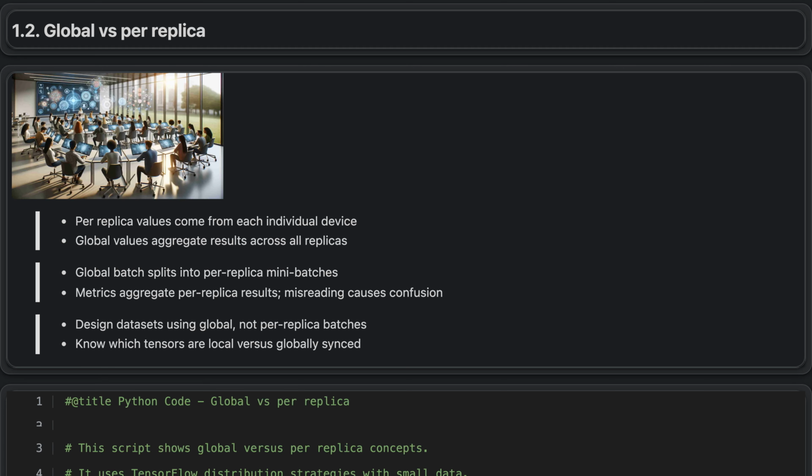Global versus per-replica. When using a distribution strategy, it is important to distinguish between per-replica and global values. A replica is a copy of the model on a single device, such as a GPU, where quantities like loss and gradients are computed separately. So these are per-replica values. Global values are formed by aggregating across all replicas, for example, by taking the mean loss or considering the total batch size. Understanding this difference is essential for correctly interpreting training logs and setting up metrics as you scale your training across